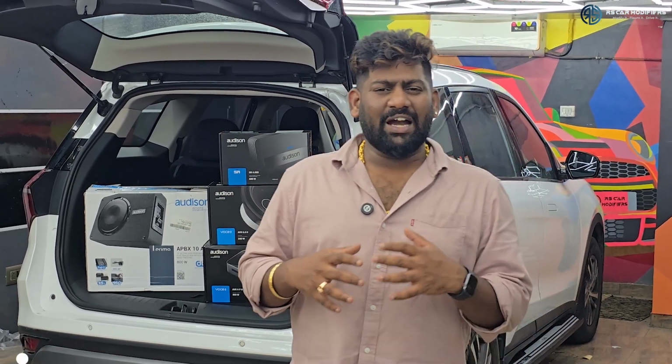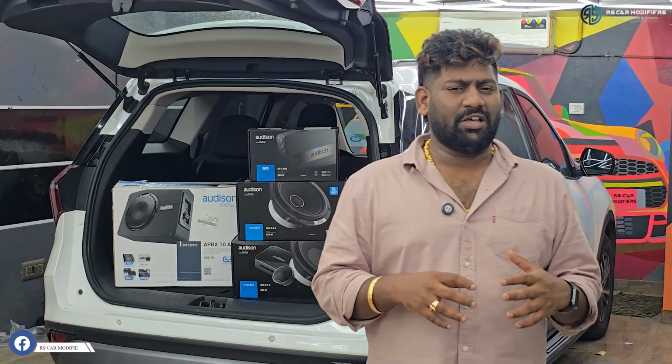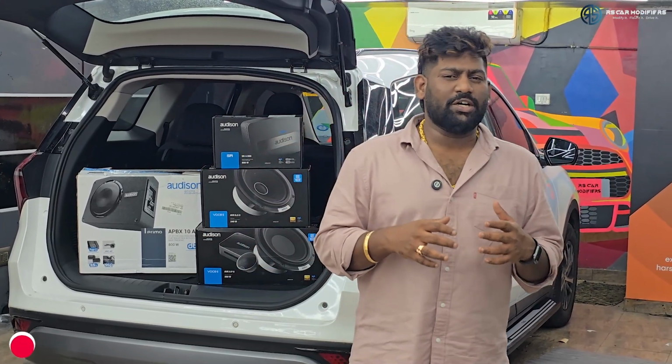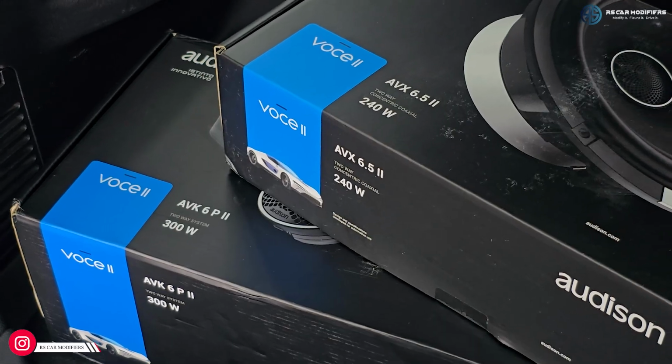So we had a huge discussion on what has to go in the back. In the back we had the option of an OC1 coaxial or an OC2 coaxial, considering a future upgrade by the customer. So we are going with an OC2 coaxial, which again comes with 125